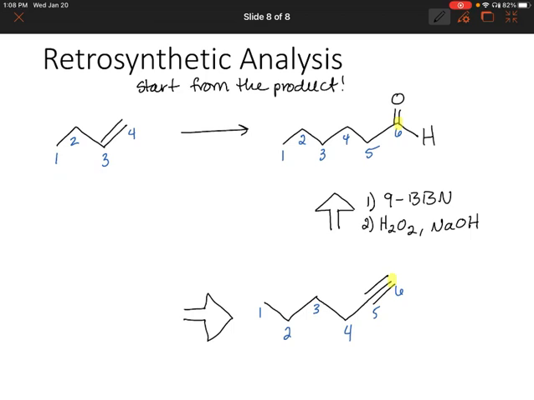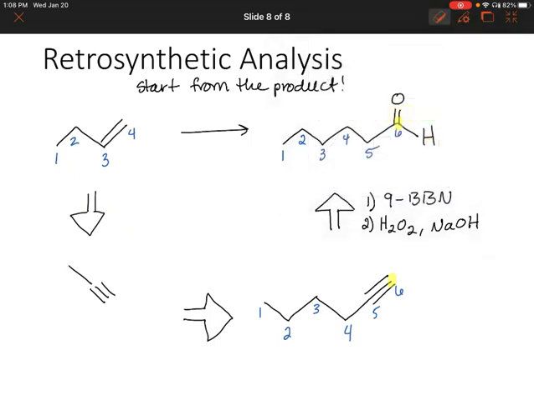Maybe you'd be tempted to form an alkyne here and then add more carbons on. But we need that alkyne to be on the end of our 6-carbon chain,